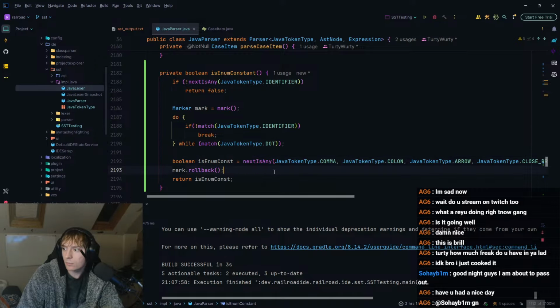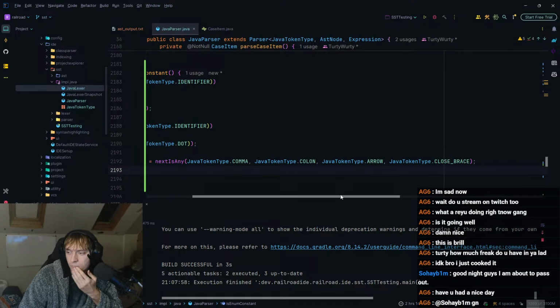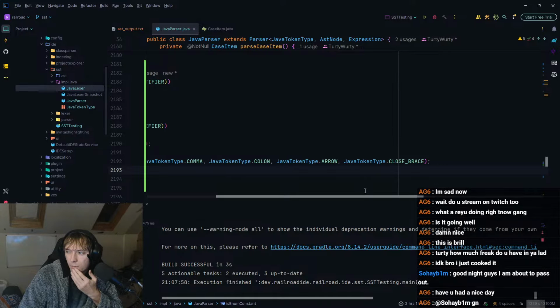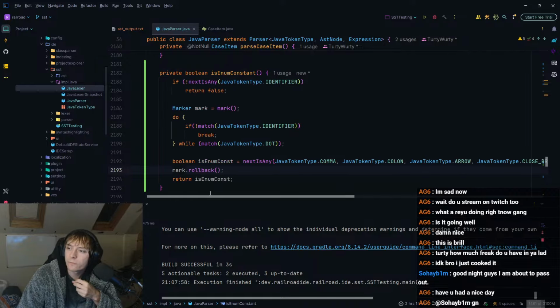And then is enum constant, we expect a comma, a colon, an arrow, or a close brace. Why would you have a close brace? Oh, because of fall throughs? No, that doesn't make sense.